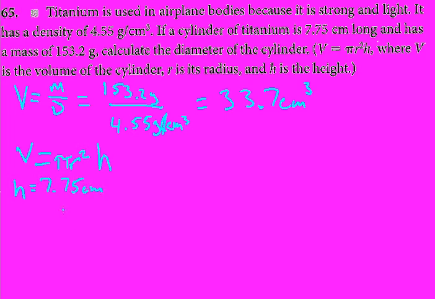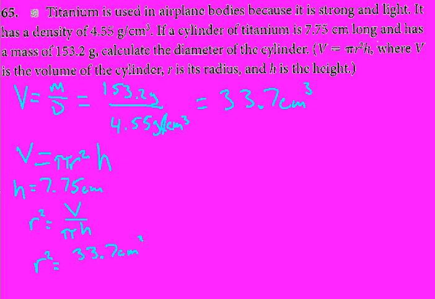All right, so we can rearrange the equation here, and this is going to give us r squared is equal to, basically what I'm doing is isolating this. So I'm going to divide each side of the equation by pi and h. So volume over pi and our height. And if we wanted to get rid of that squared, which we will eventually, we'll take the square root of it. So I'll finish this down here. We're going to take our radius squared. That's going to be equal to the volume we just calculated up here,